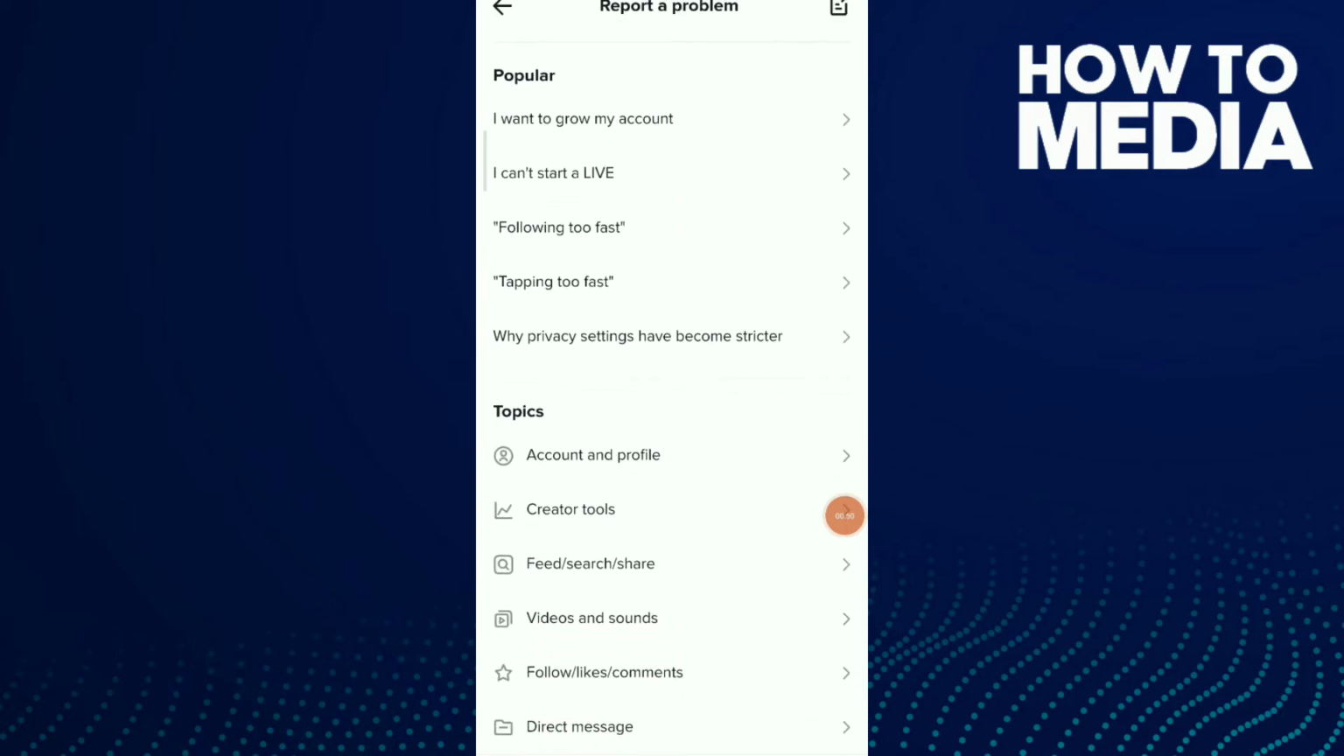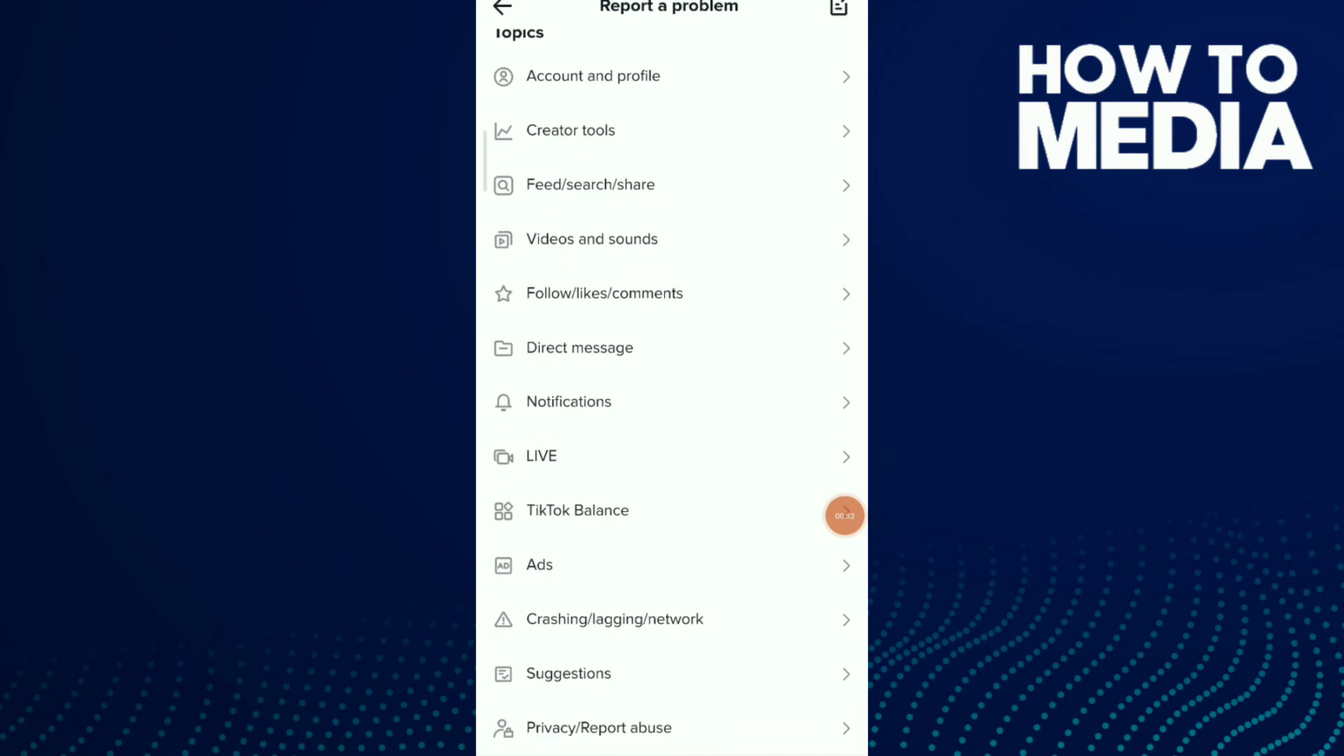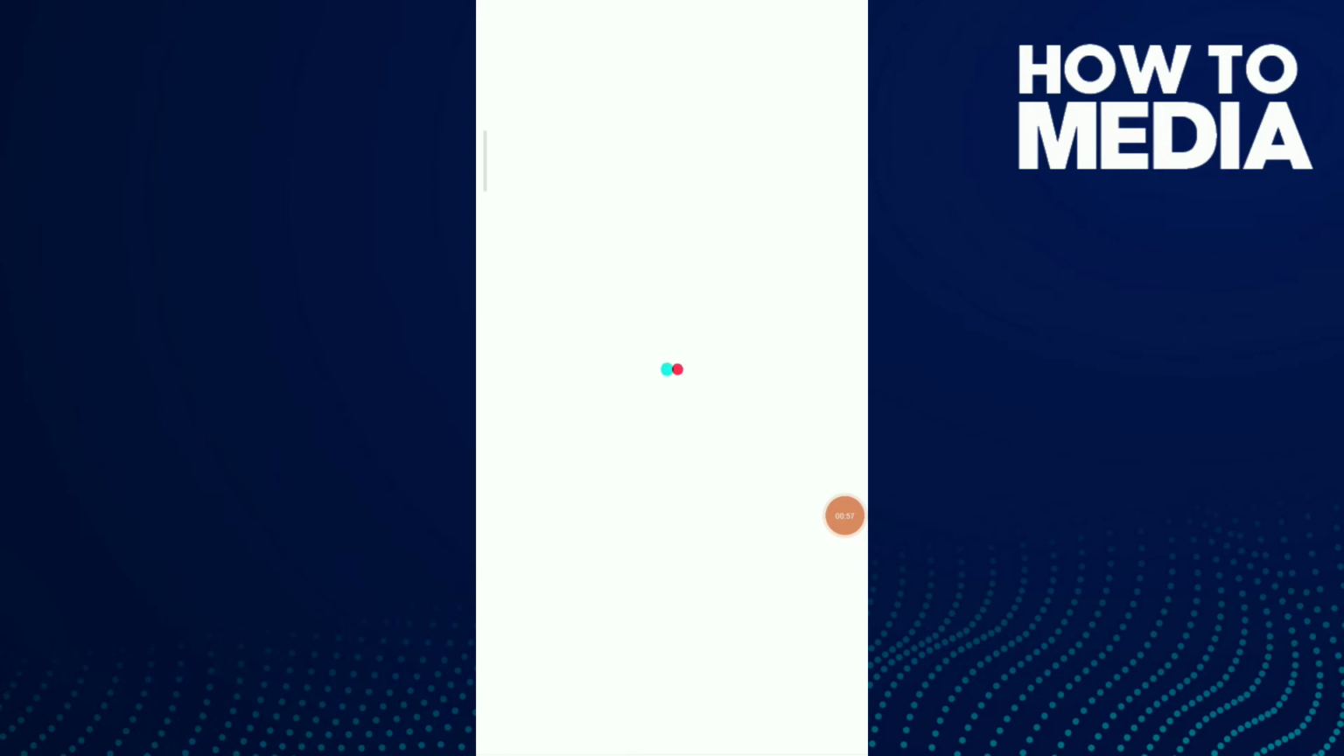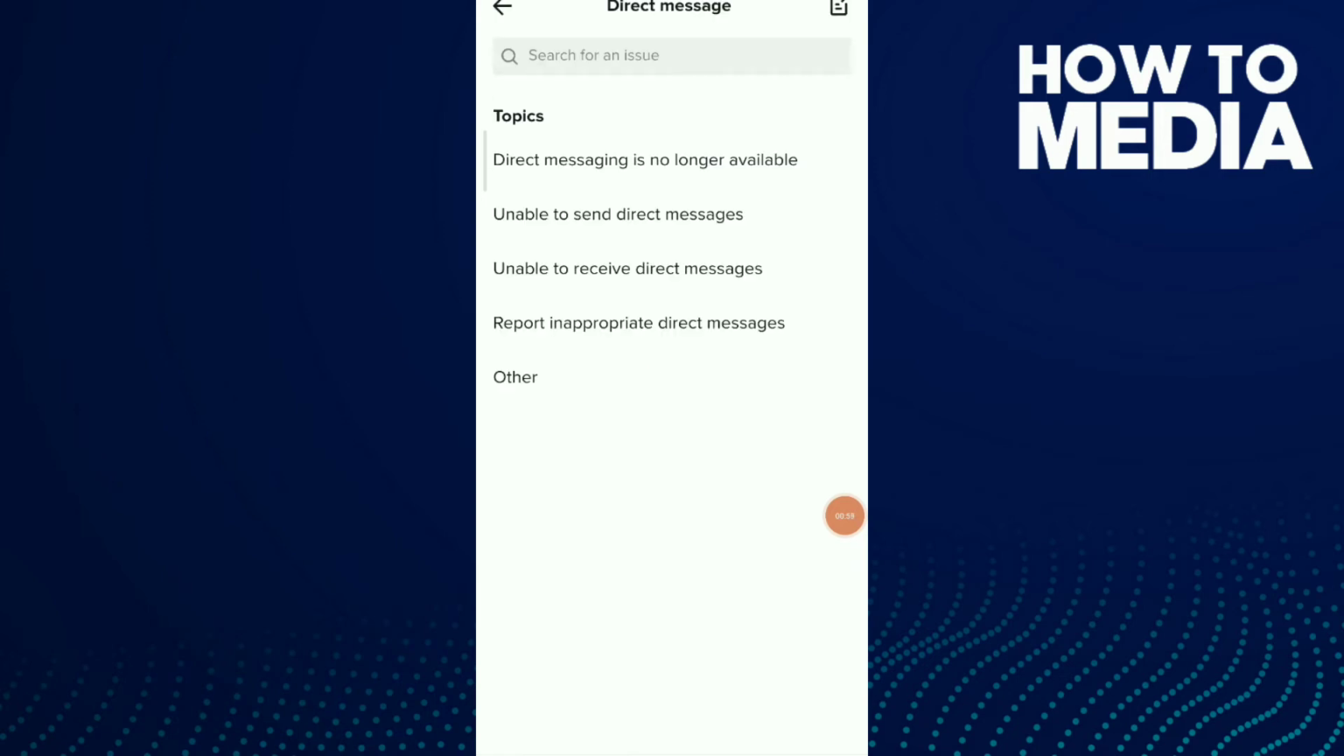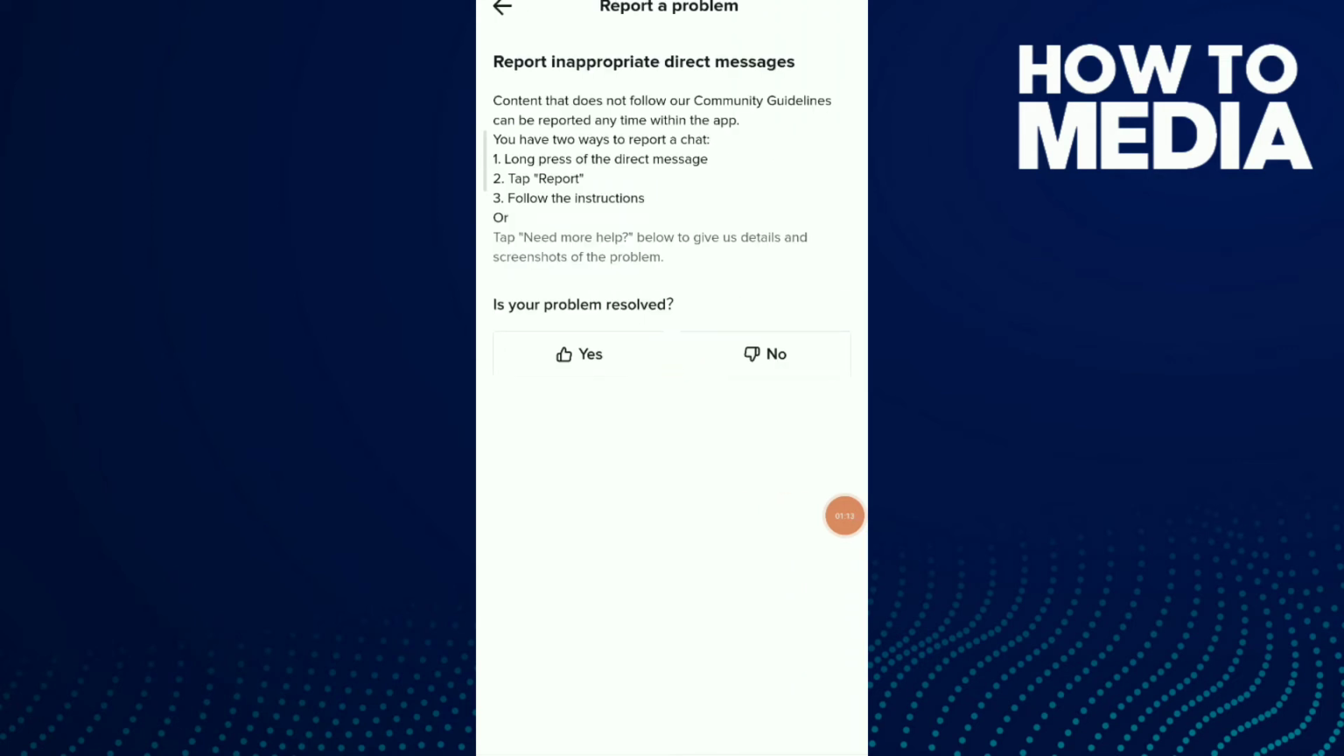Now scroll down again and click on direct message and click on report inappropriate direct message. They're gonna tell you to long press the direct message that is inappropriate and click on report and follow the instruction. If this doesn't help you, all you need to do is click on no